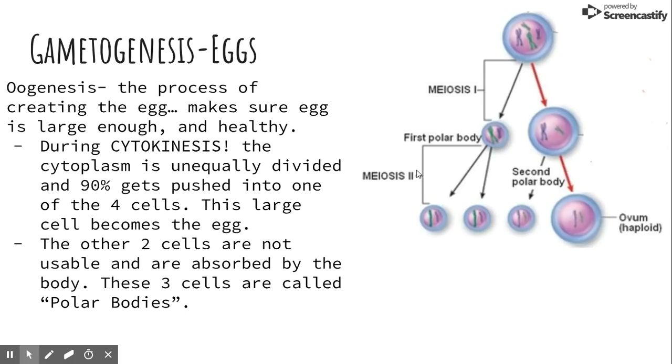When we're creating eggs, the cells divide unevenly. So 90% of the cytoplasm is going to end up in one cell. So when we further go through meiosis, we end up with one cell that has all of the cytoplasm, all of the organelles available, and then we have these byproduct cells we call polar bodies. This egg cell is what's going